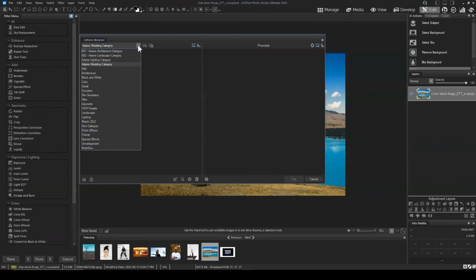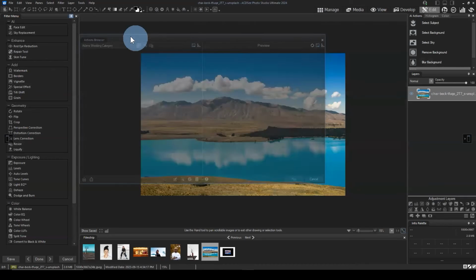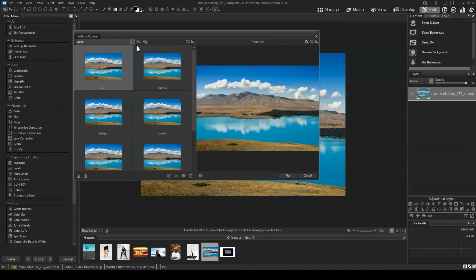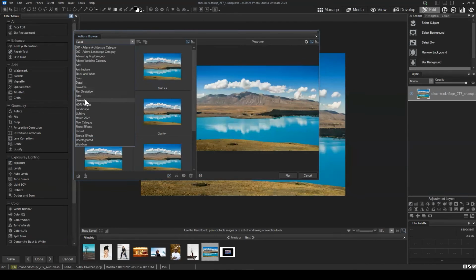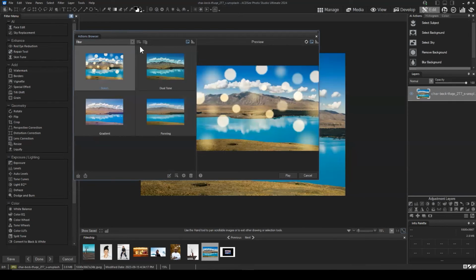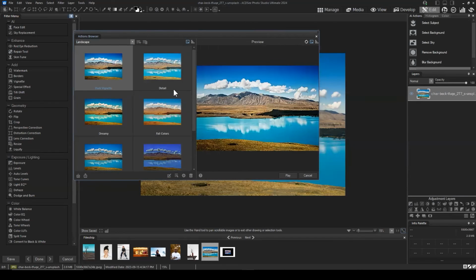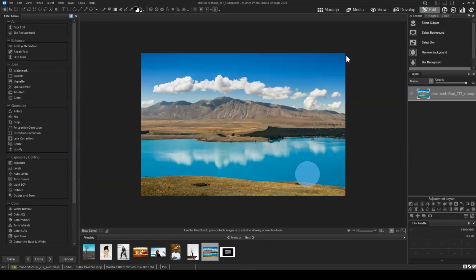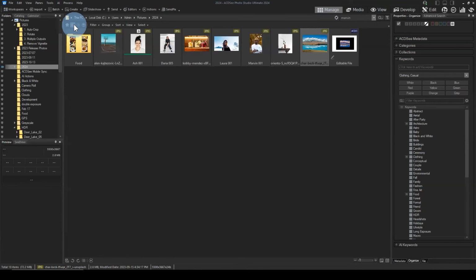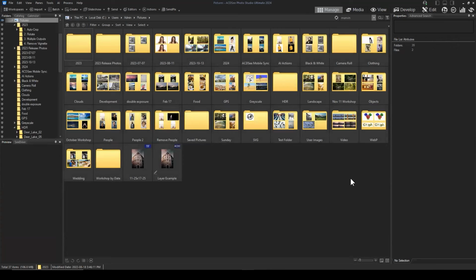Okay, so the actions is the way you save batch adjustments in edit mode. For example, the actions browser comes preset with a bunch of pre-made changes to your images that can be applied as a batch. So if I was to navigate to manage mode and pick a folder with a bunch of images,